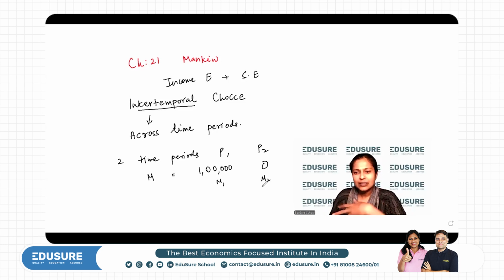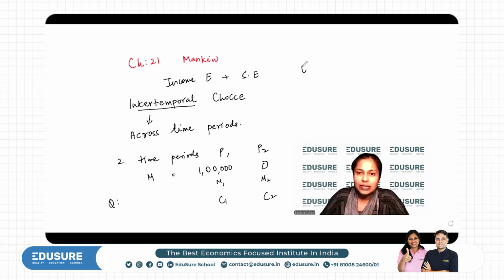And this happens in our life, right? So period one, you could assume, is all the time periods in which you earn, and period two is all your time periods which are retirement. We have just clubbed it into two separate groups. You are earning in some time and retired, not earning, in another. So the question we are posing is, how do you divide your consumption across these two time periods? Let's call C1 the consumption in period one and C2 the consumption in period two.